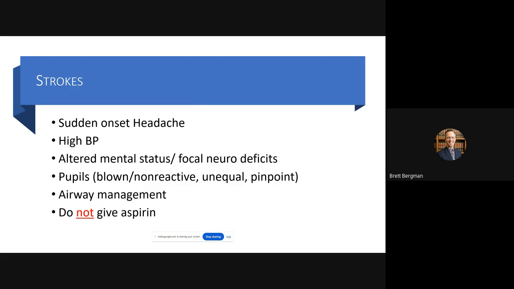And then we also need to think about airway management for these patients. When we have strokes, you will see a lot of left versus right, face versus tongue, speech, vision, hearing, anything that's related to their brain and their neurological condition. You can have a stroke that impacts a different part of the brain that may be affecting one of those specific things.